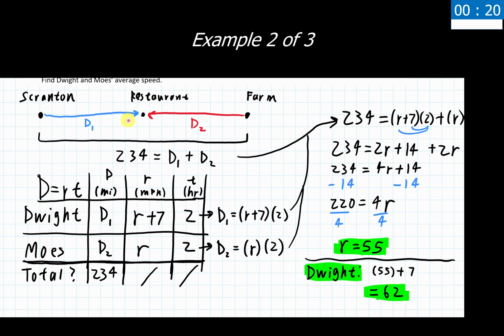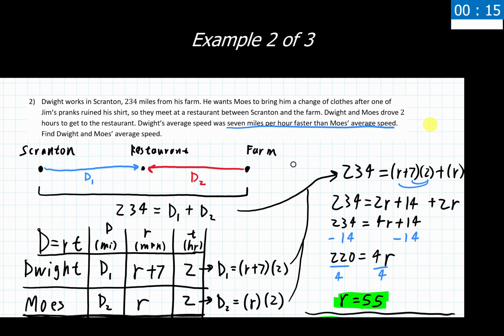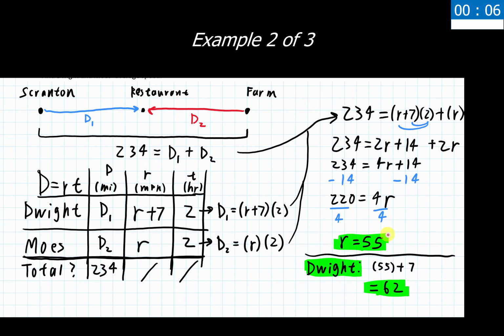But with the average speed, we're not going to worry about the specifics on when did they go 50 miles per hour versus 60 versus 70 versus 40. We don't care. We're not going to worry about that part too much. We're just going to worry about getting to 55 and 62, and we're going to call it there for this particular problem.